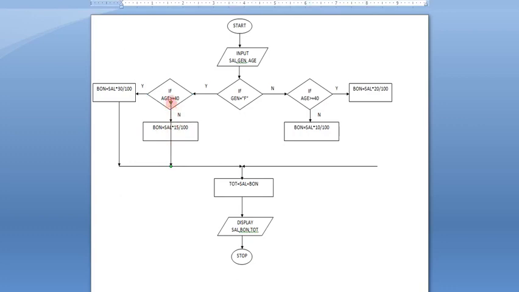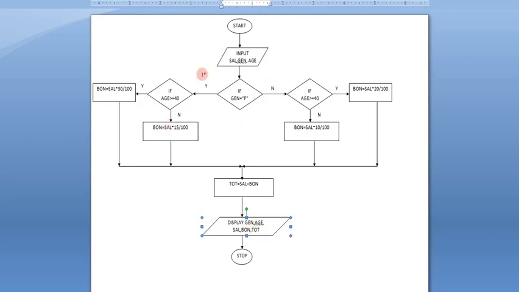For bonus there are conditions, so for bonus we need a decision box. But for finding total, no need. After everyone's bonus gets calculated, it has to join to total. So total will be salary plus bonus. And at last, salary, bonus, total all are to be printed on screen. We can print gender and age also, so I'm printing gender, age here as well. That way all the data will get printed on screen and it will be easier for us to understand everything. Hope, students, all of you are clear about the concept.